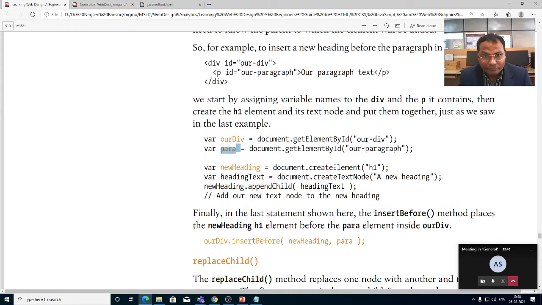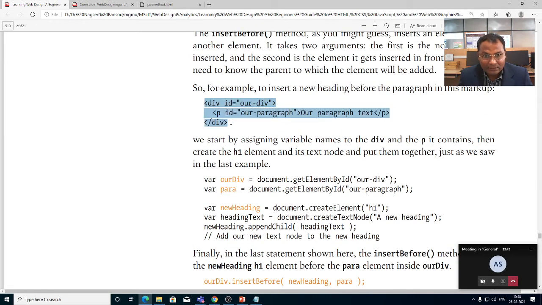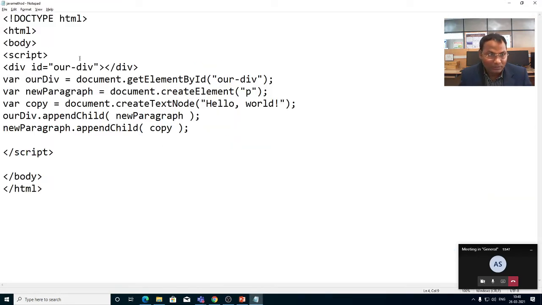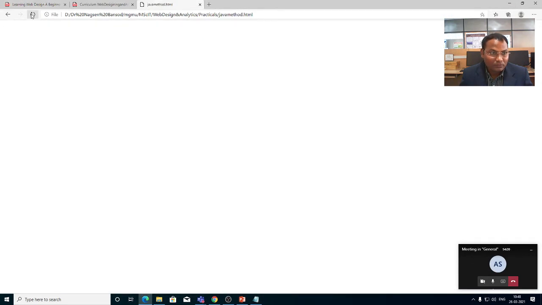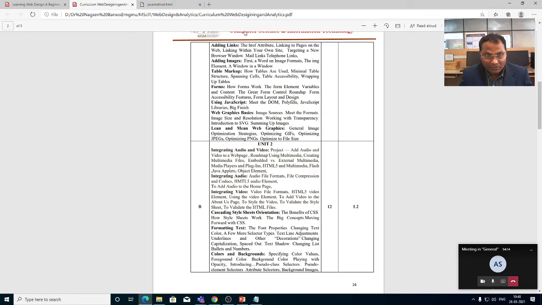So we can add this. Now the new paragraph will be displayed. Our paragraph text is displayed.